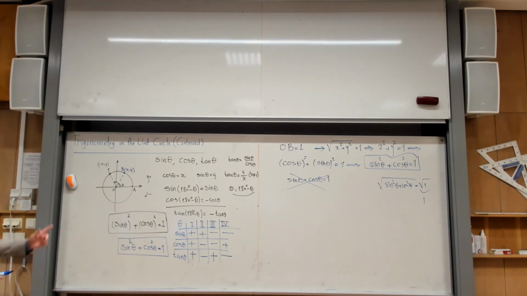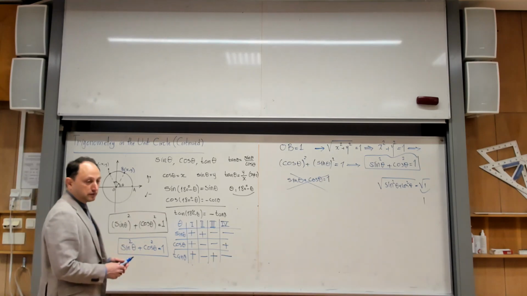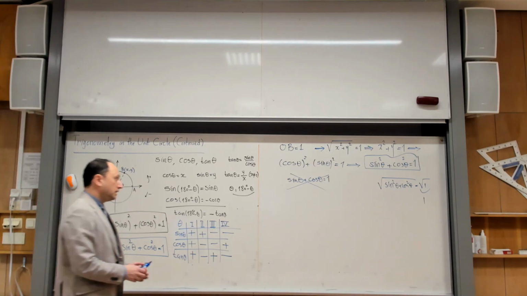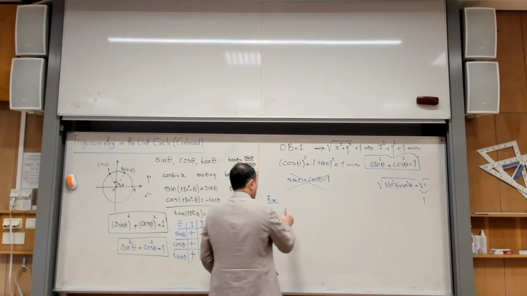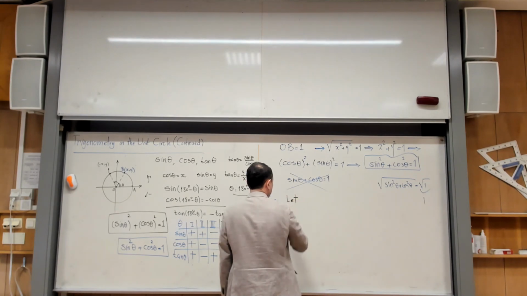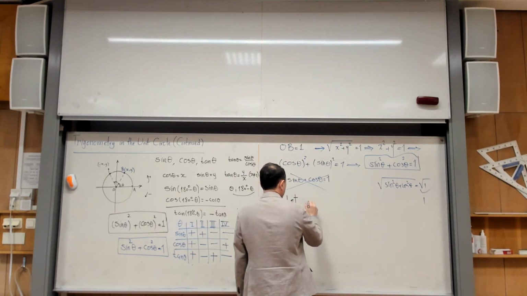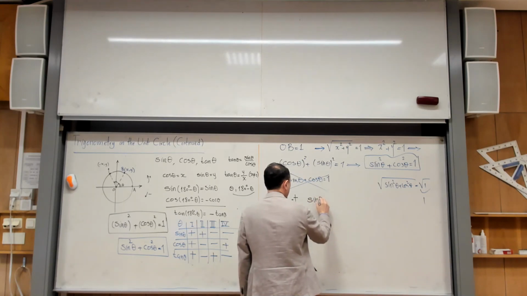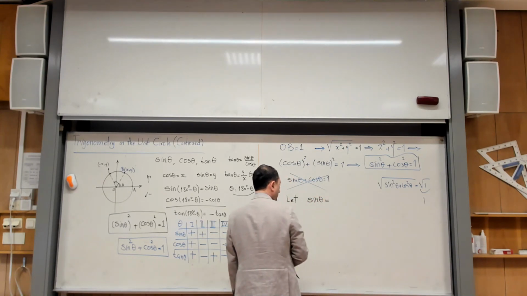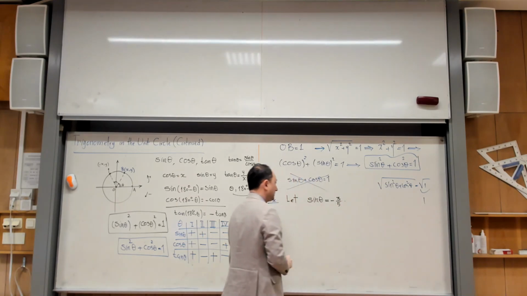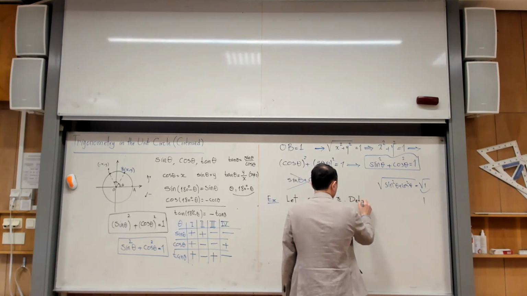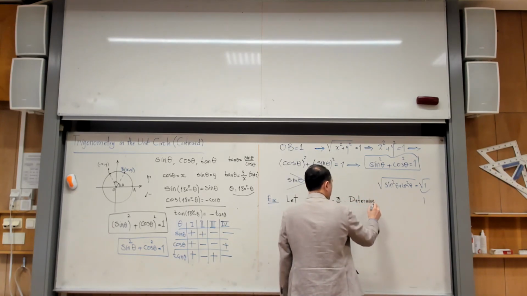Okay? But let me give you an example. This type of example you might face in the exam. So, example: let sine theta be equal to, for example, minus 3 over 5. Determine the exact values